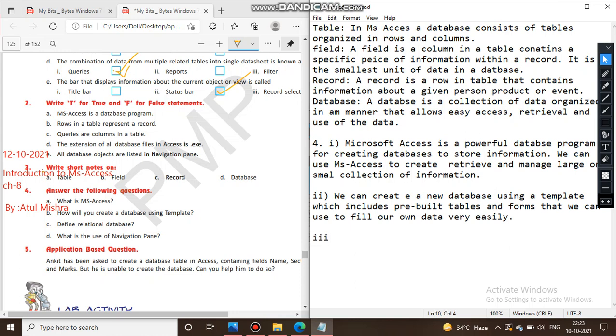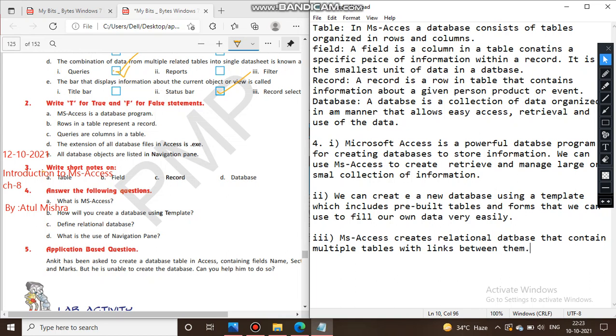Now third, define relational database. So MS Access creates a relational database, okay, that contain multiple tables with links between them.